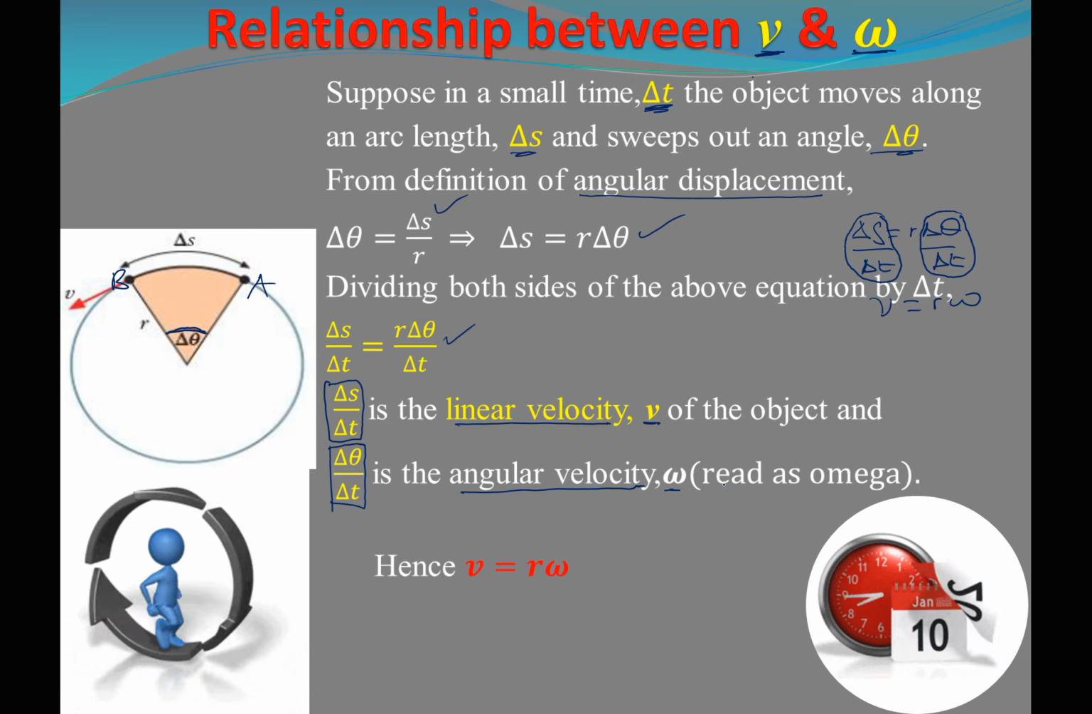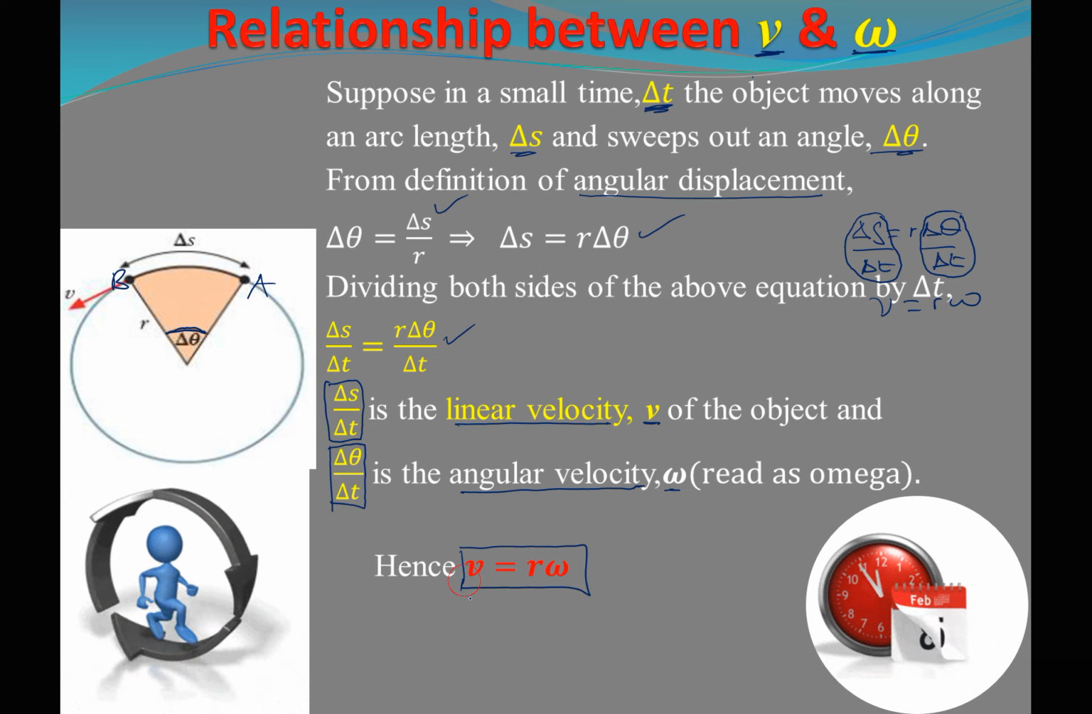Hence, we therefore conclude by saying that v is equal to r times omega. For any serious student, you should be able to derive this. Normally about 3 marks, you should be able to derive this, because the examiner will give you the conditions in the first statement. An object moves from point A to point B in a time delta t,